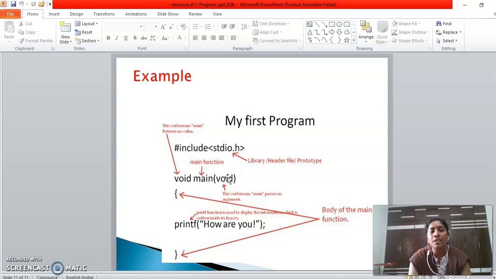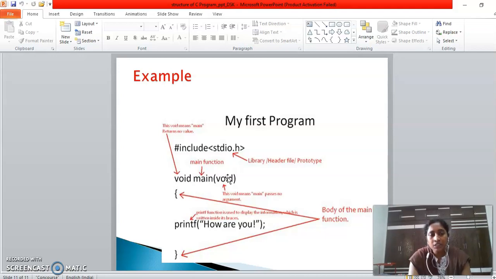Here our aim in this program is just to print the text how are you with an exclamation mark. Whatever we write, however we write, that will be printed as it is on the output screen. Here you can include capital letters also, not a problem. Every C statement should terminate with a semicolon, so the printf statement is terminated with a semicolon.